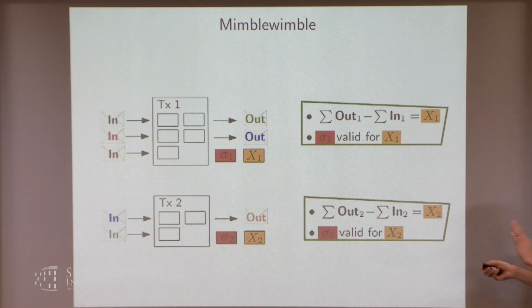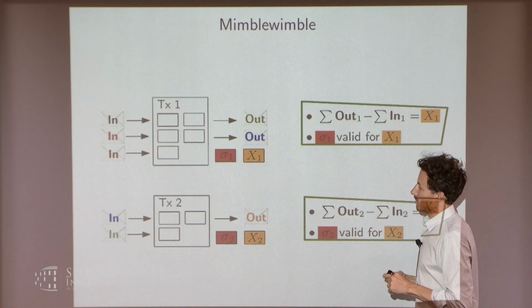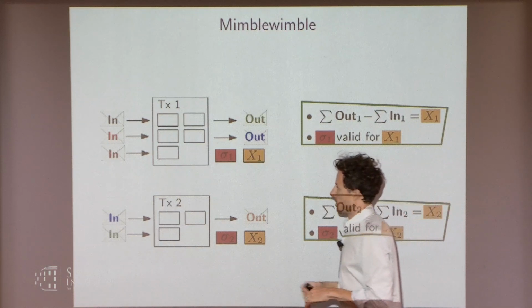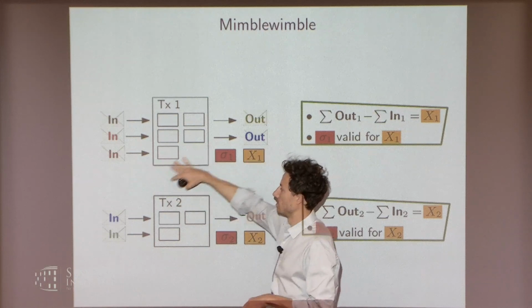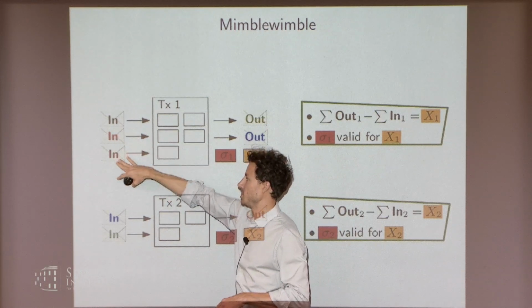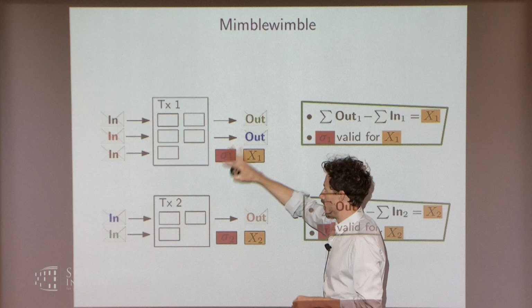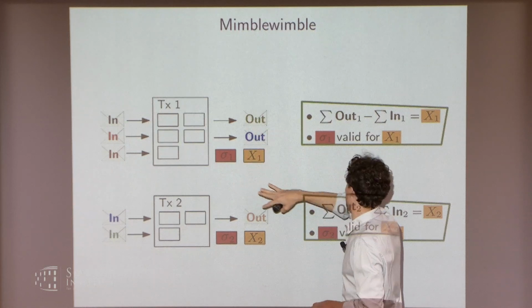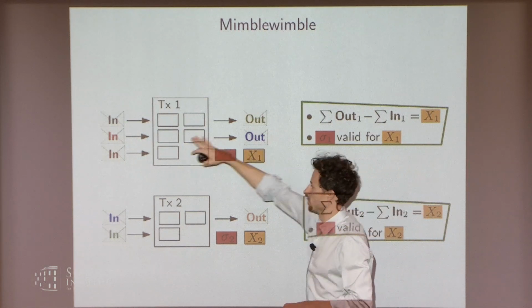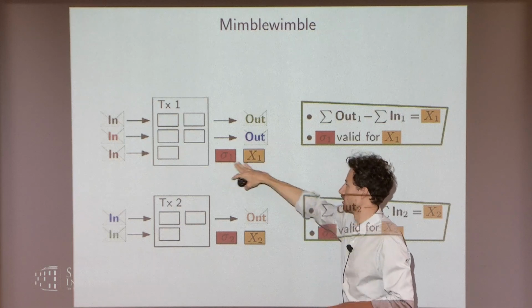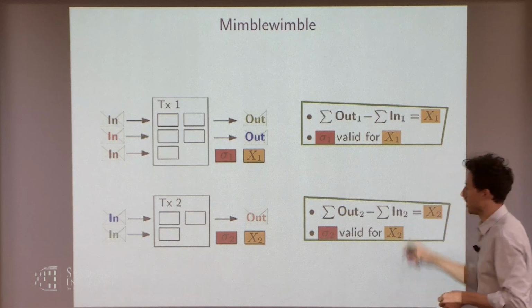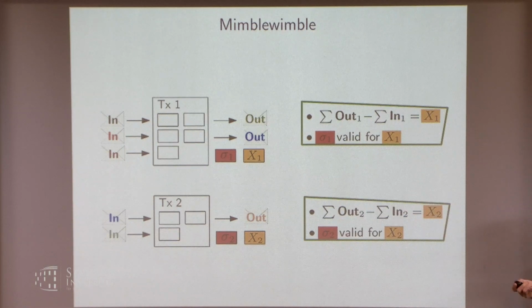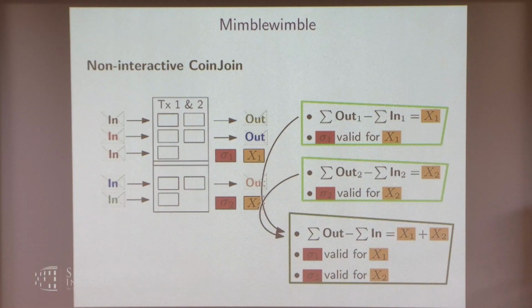Okay, so basically what is the nice consequence of this is that if we have two transactions, so recall inputs are, now you can really think of them as being the coins, are commitments. You have this value x1, which is the difference of the sums, and the signature that says that yes, this transaction is well balanced. And if you have two of them, then not very excitingly, you can put them together.